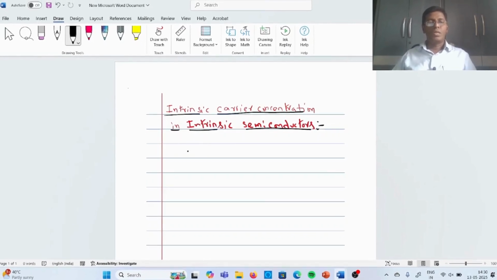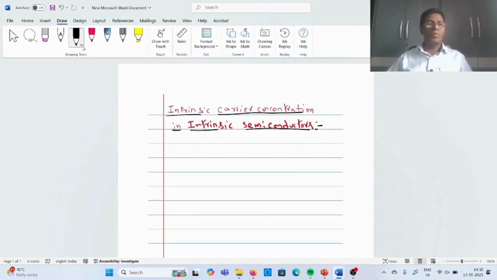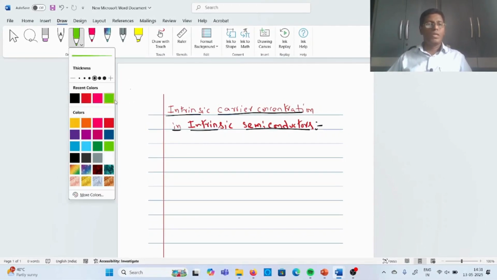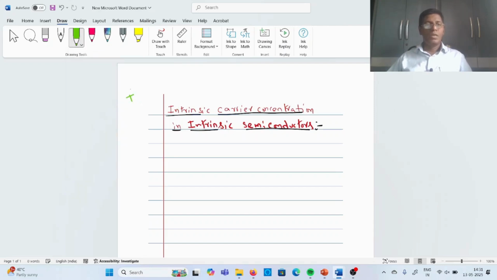In today's session, I am going to explain a very important topic, that is intrinsic carrier concentration in intrinsic semiconductor. This topic is very important for the end semester examination. So without wasting much time, I am going to explain the calculation of intrinsic carrier concentration in the case